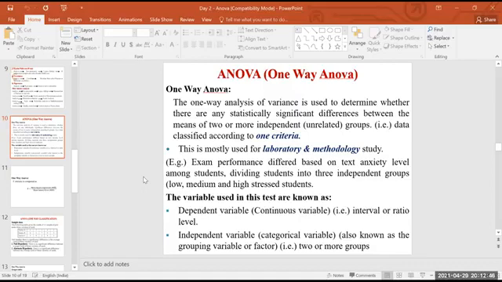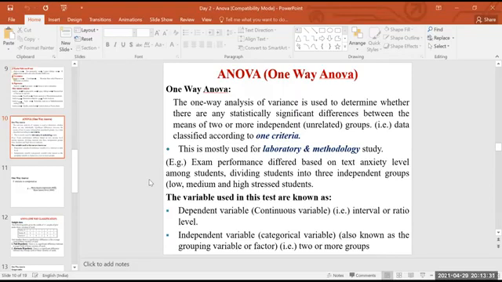If your variable consists of different grouping variables, that's why I told you, take this example. Your outcome variable is the performance of the student, which is nothing but the marks of the student. Marks depend upon their level. Take it as one independent variable, that is their level. That independent variable is categorized and has subcategories, like high level, moderate level, average level. In that category, you can use ANOVA. This is a situation where you can use one-way ANOVA.